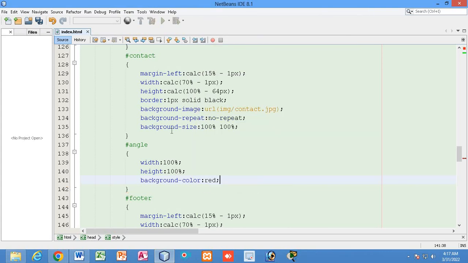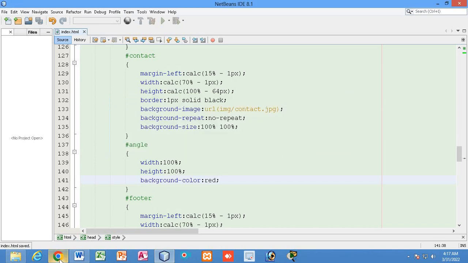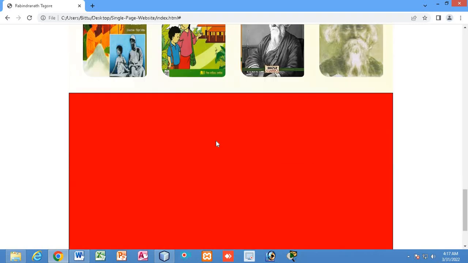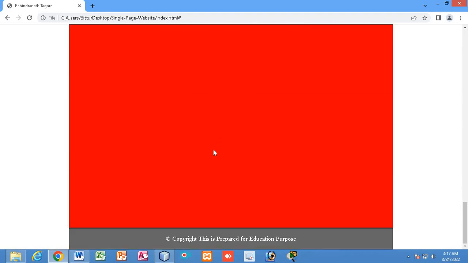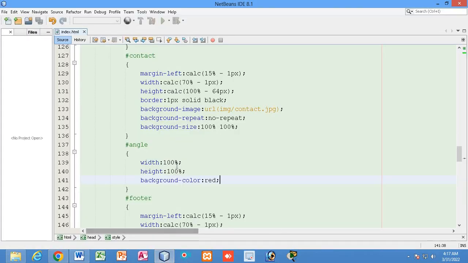Let me see how it looks, right? Now if I look over here, you can see another red color div I have created just over the contact div. That is why the div which was just outside the angle div is not visible.